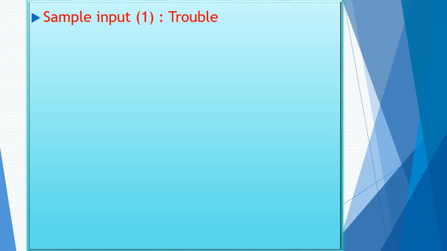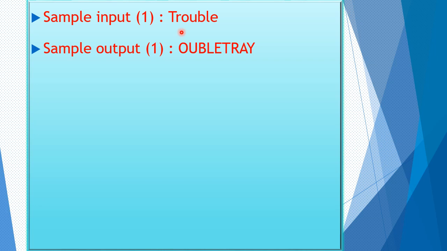Let us see the output. The word is converted into uppercase, then the start of the new word is the vowel O, OUBLE plus the previous alphabets before the vowel, T and R, shifted here, and also a string AY at the end. So this is the converted Pig Latin word of the word trouble. Let's see one more example.